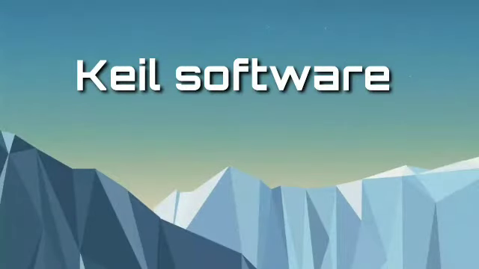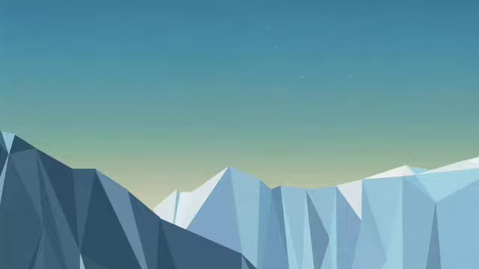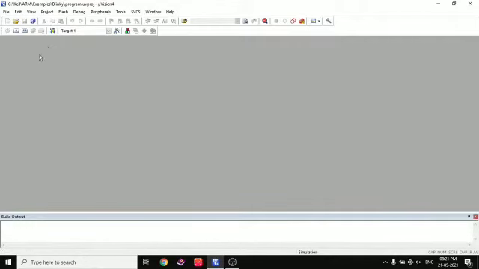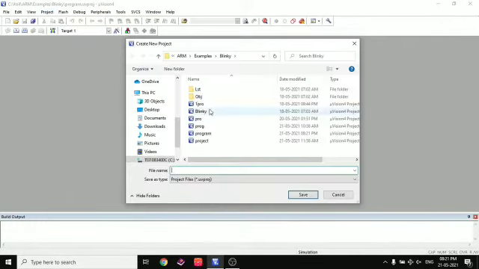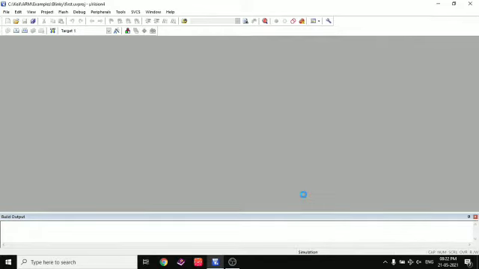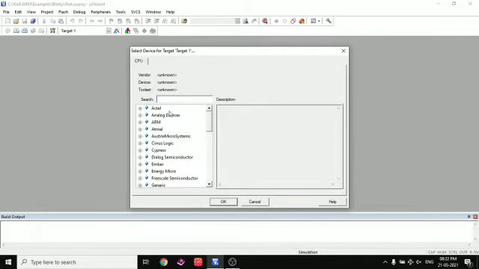In this tutorial we are going to see how to create and run a Keil project in the Keil software. First go to Project and click on New Project, and you can see the project name. Give the project name as you wish and click on Save, and the pop-up menu appears about which hardware